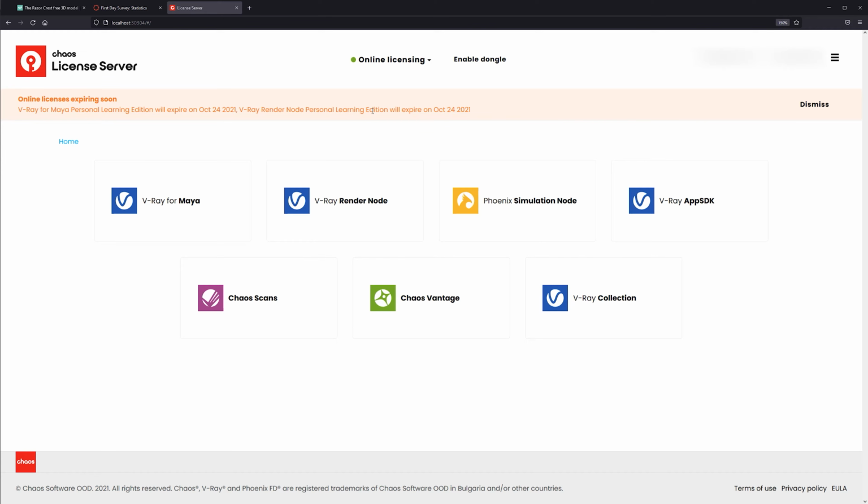If you downloaded this right at the very beginning of the semester, for example, you will certainly have to renew it before the end of class. And you can let it expire, it doesn't really matter, but just be aware that one day you might go into Maya and try to render something and it'll give you an error, like could not obtain license or something. Sometimes that can be caused by the license server not even running. So if this never even loaded for you, it's just a spinning wheel or a kind of 404 error or something like that, that means the license server is not even running.